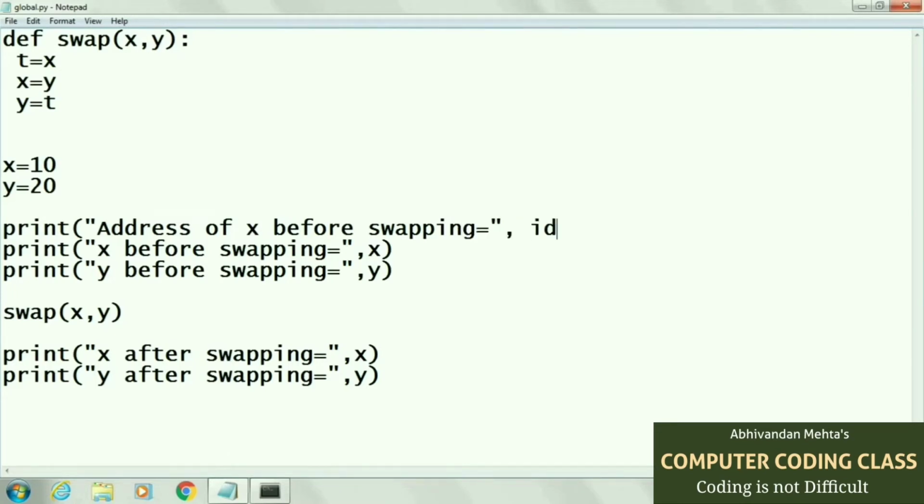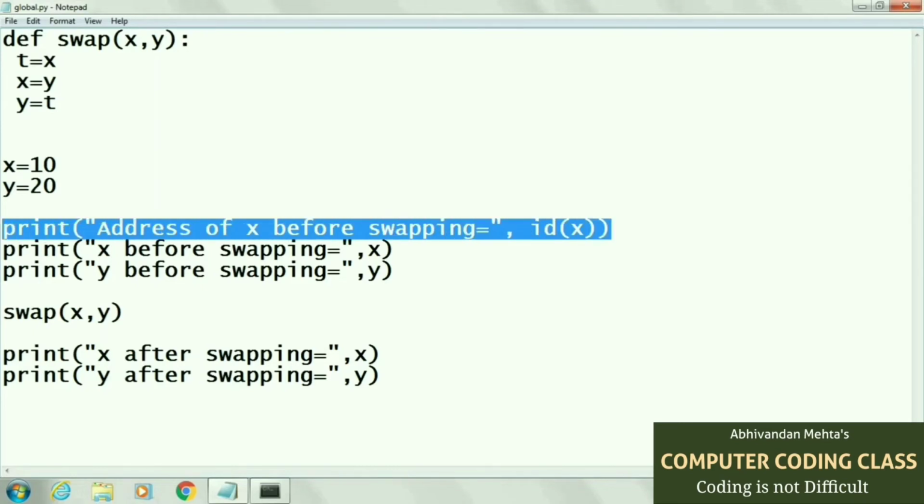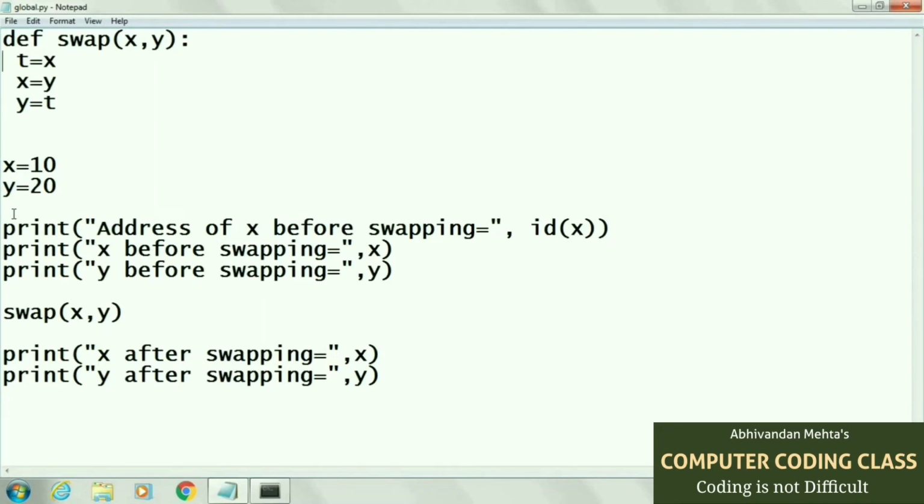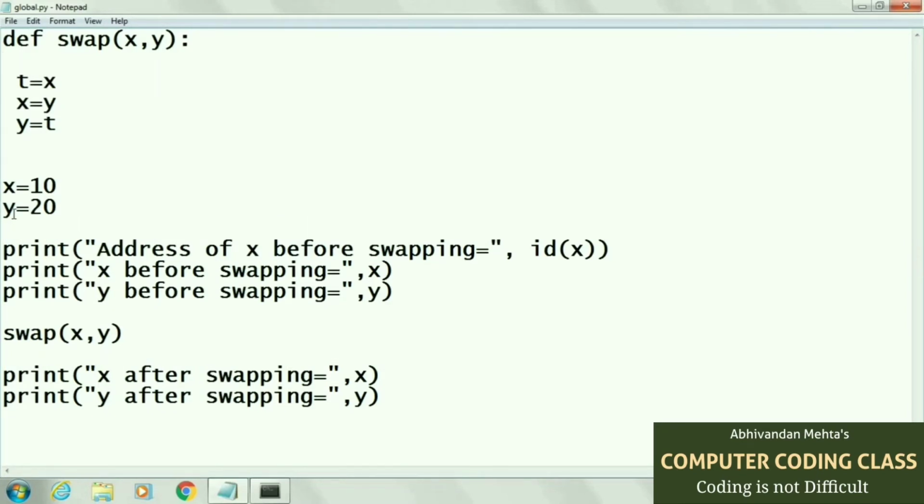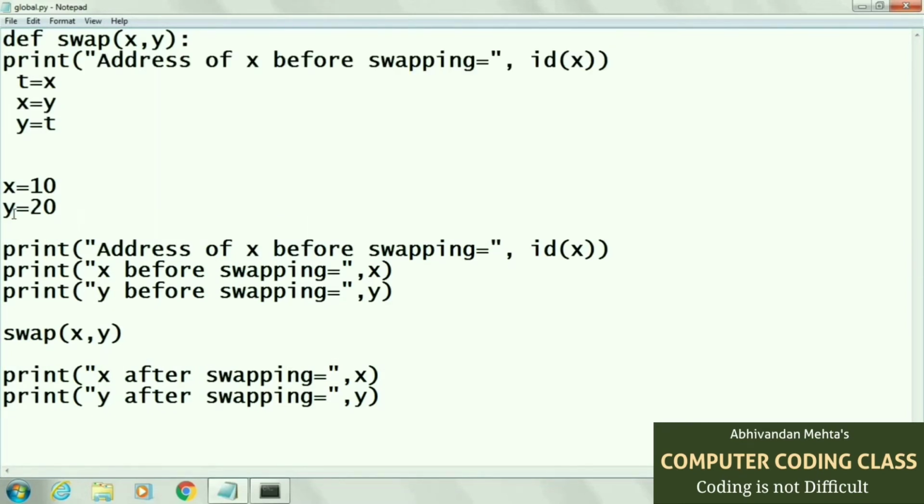Now we will get the proof of object by reference concept. To do this, we will print the address of our variables before the function, inside the function, and after the function. That will show the concept of object reference method in Python.